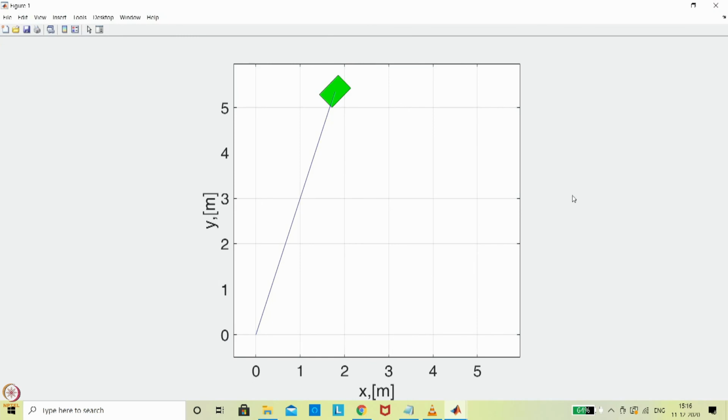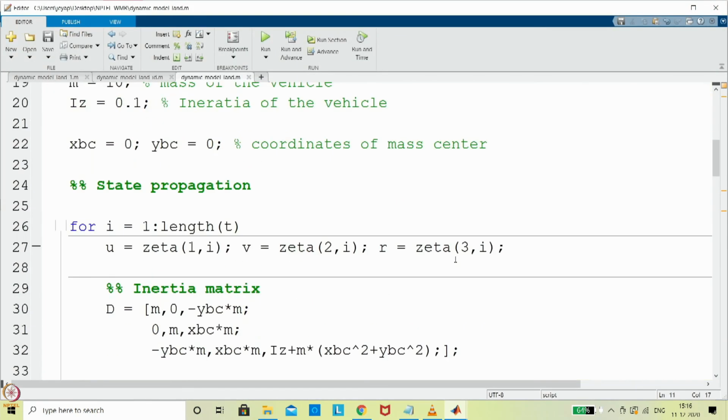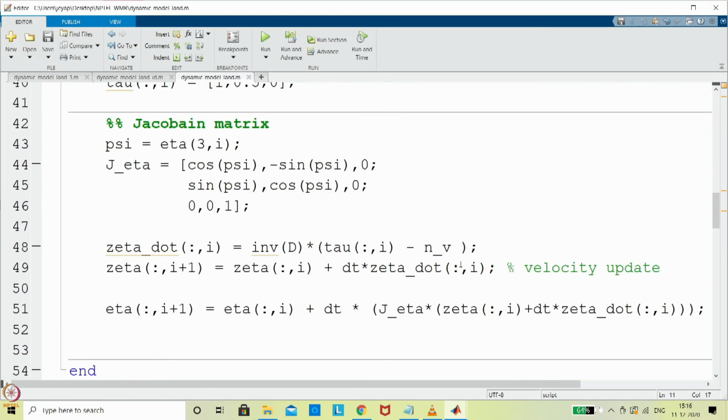Now I am looking at the other way around, where I am inducing some friction. For example, I am assuming that it is a viscous friction. What that means is, the viscous friction coefficient is known, I assume that it is 0.3, and in each and every state there is a direct relation.